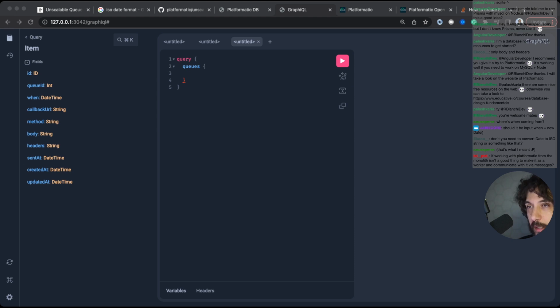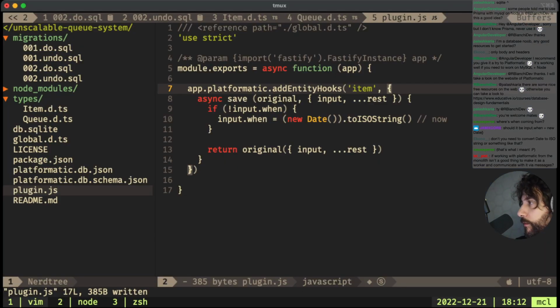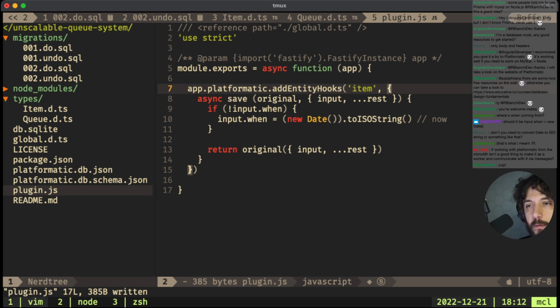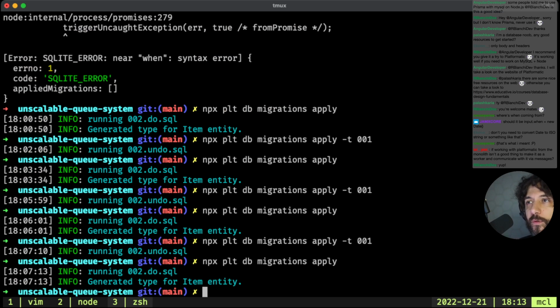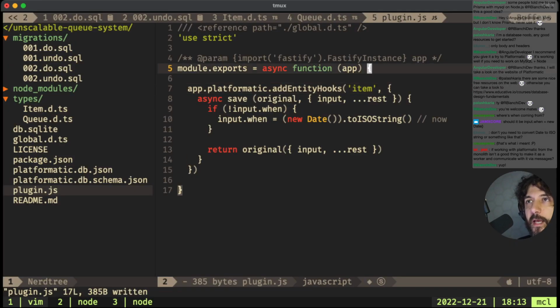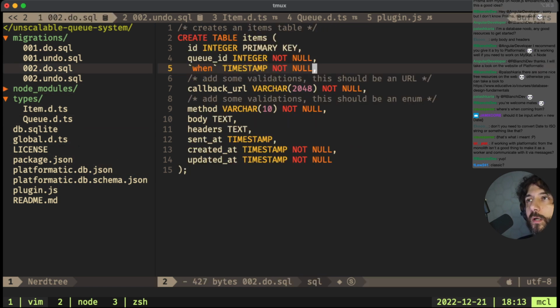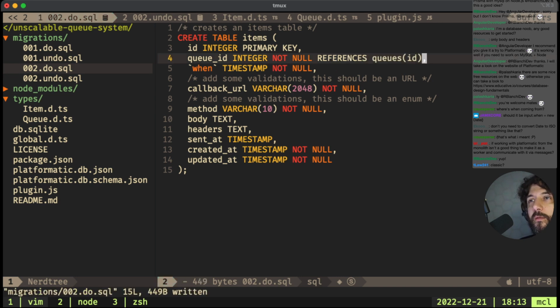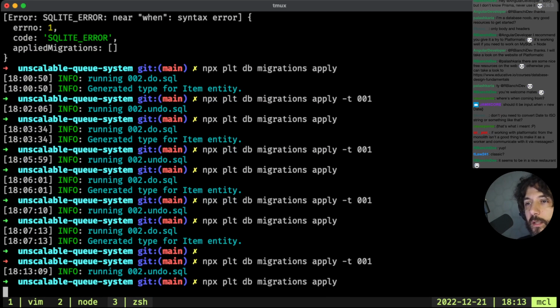Oh, I didn't put the reference. Okay, so we need to revert back, and then in here, what we want is a reference QID. This was missing. Here we go.